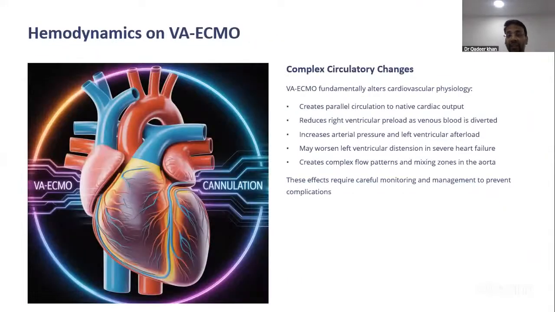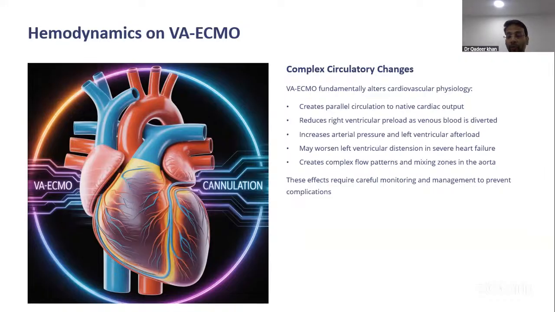In VA ECMO, the hemodynamics is complex. We need to understand that it is a parallel circuit, wherein you are drawing blood from the vein and giving the blood into the artery. So it is a parallel circulation to the native cardiac output. It reduces the ventricular preload. When we draw blood, RV preload is decreased, as venous blood is diverted directly to the drainage cannula. But at the same time, your left ventricular afterload is increased as you are giving the blood into the femoral